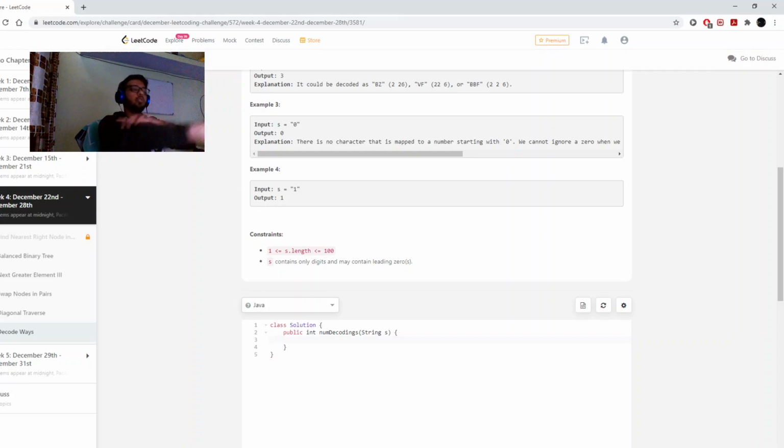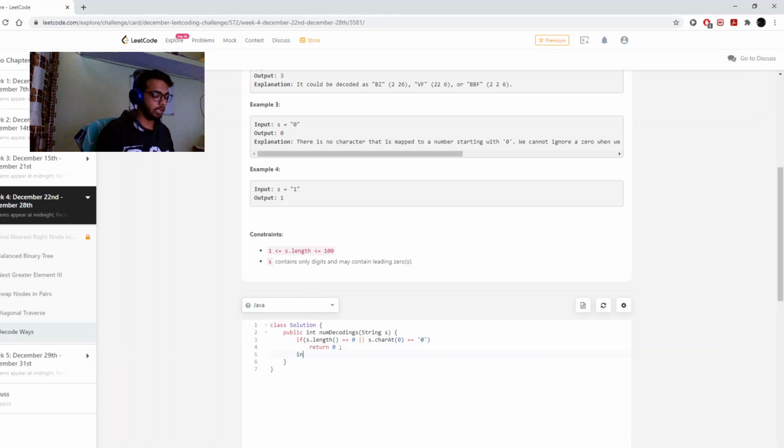First, what I want to do is take care of all the exceptions that are mentioned there. So if the length equals 0, or if the starting character of my string turns out to be 0, like if my 0 does not have any leading character, then it is problematic. Then we have to return 0 here. So I'll return a 0.